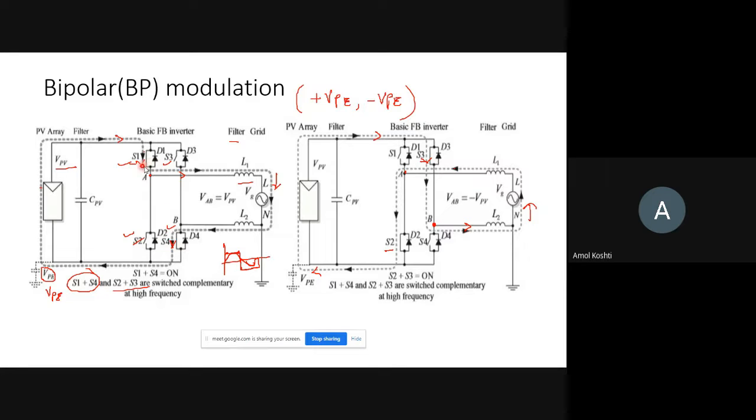Why? Because by controlling the frequency, we are controlling the switches using this control frequency, and we are producing the fundamental frequency at the end of the inverter through this switching. It depends on us to switch these different switches either with respect to the fundamental frequency or with respect to our modulation frequency, that is the PWM frequency.